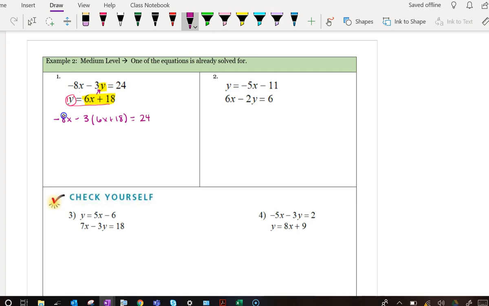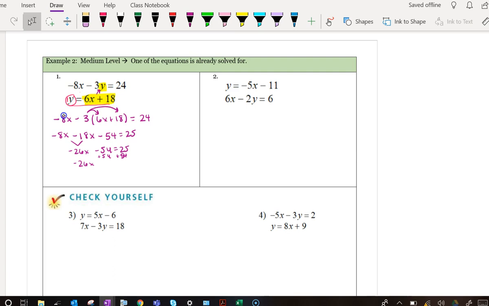So with this, we have to remember our properties of distributing, where we need to distribute first before I subtract. So negative 8x minus 18x minus 54 is equal to 24. These are like terms, so that becomes a negative 26x minus 54 equals 25. So negative 26x, if I add 54 to both sides,